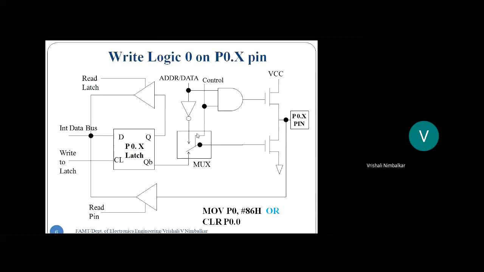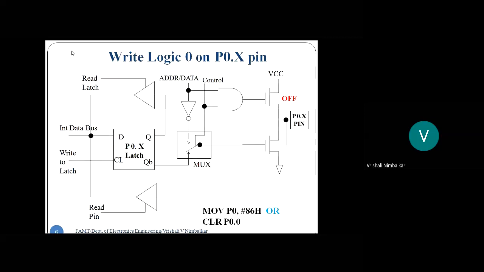Okay. Now, I told you all, whenever the pin acts as an IO pin, the upper MOSFET is off. So look into the diagram. What is the first thing happening? That upper MOSFET is by default off. This control signal will tell the AND gate to send logic 0. Logic 0 will turn off the MOSFET. Okay, that means the pin is behaving as an IO pin.